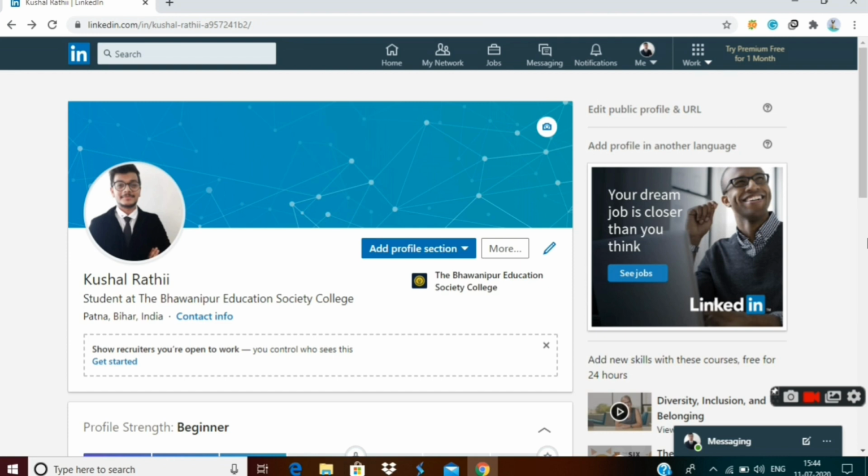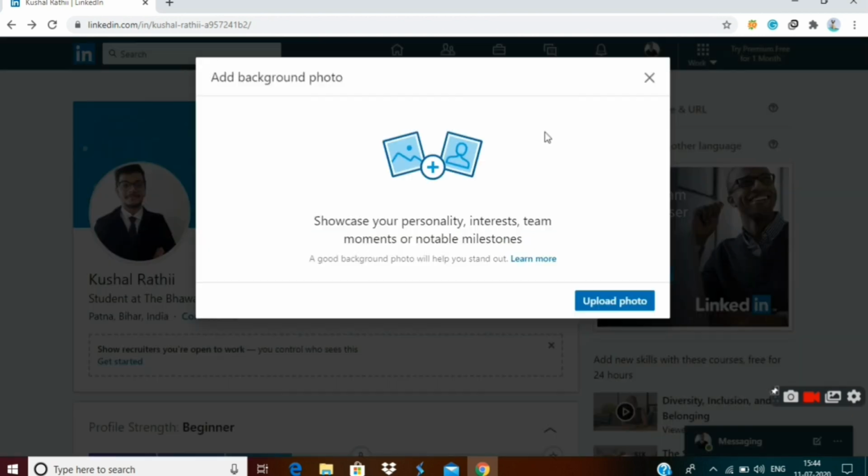After your profile pic is updated, you can add your cover photo. What should your cover photo be? You should talk to your target audience. You should clearly say what you do. You have to be approachable, so add your email address and things like that. You cannot upload your cover photo with your phone. You have to upload your cover photo with your PC, desktop or laptop. So upload your cover photo.